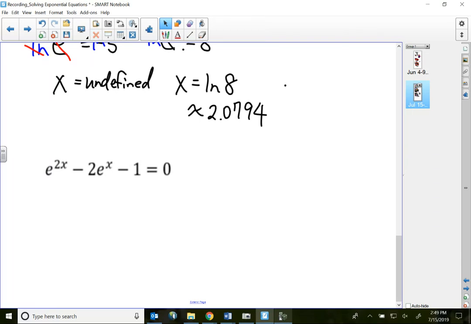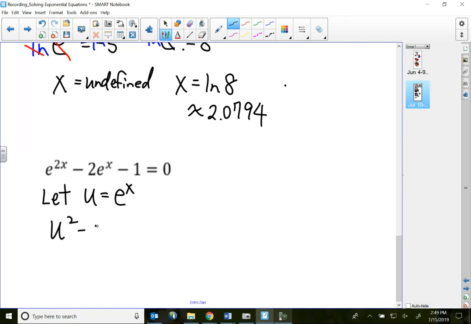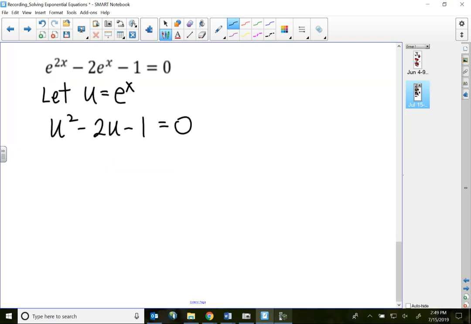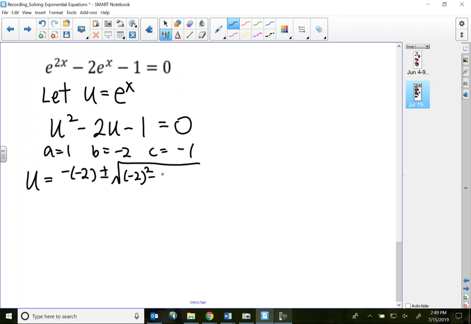All right. So here, if I would do the same thing, let u equal e to the x again, my first term becomes u squared minus 2u for the second term, minus 1 equal to 0. So now this is not factorable. So I got to use the quadratic formula. My a is 1, b is negative 2, c is negative 1. So that will be negative b plus minus square root of my b squared minus 4 times my a times my c,